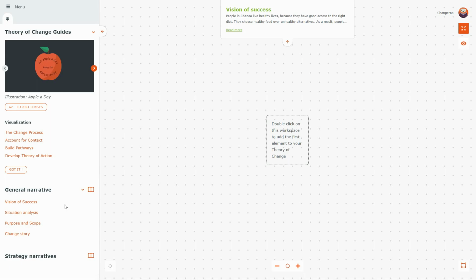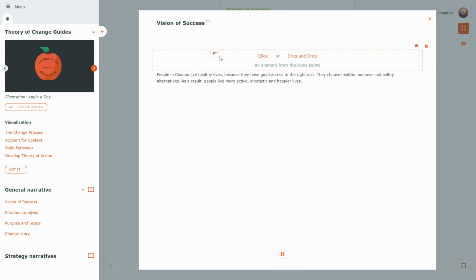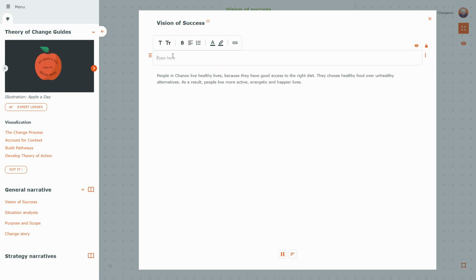There is a content page for each of the 4 components of the general narrative. These pages start out empty, and it's up to us to fill them with relevant content. They have an attractive, intuitive user interface with a drag and drop system where you can add text paragraphs and headers, but we will soon be adding the option to add images, videos, tables, and other kinds of content elements.